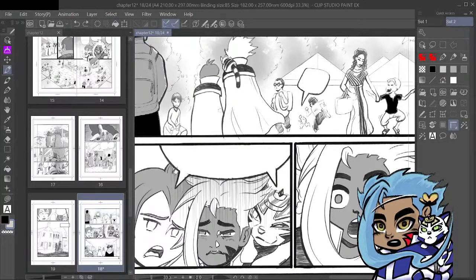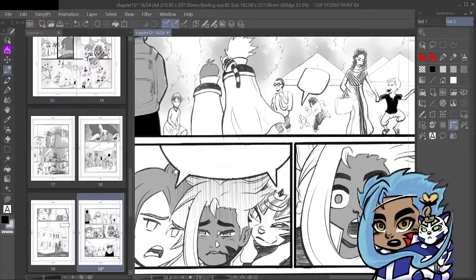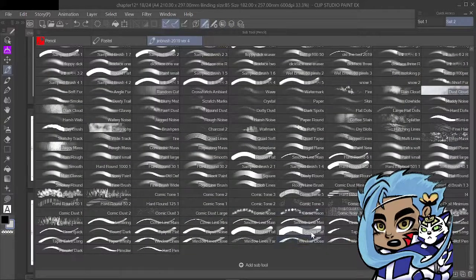Is this the right thing? No, it's way bigger than what it's supposed to be, I think.